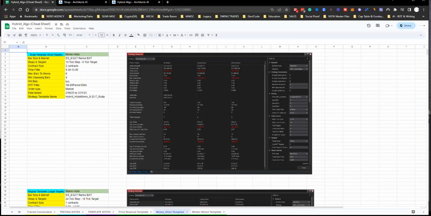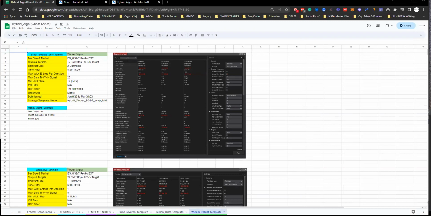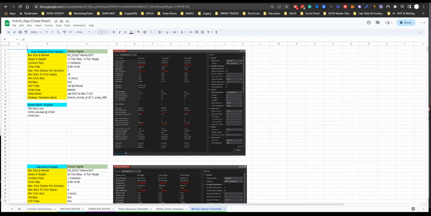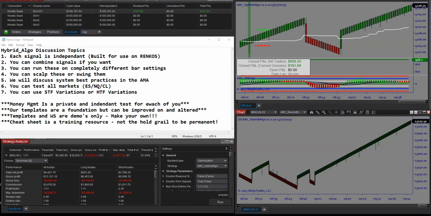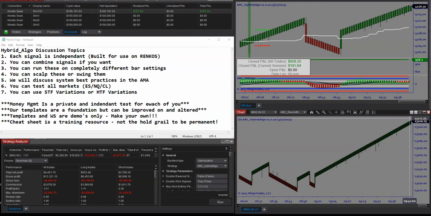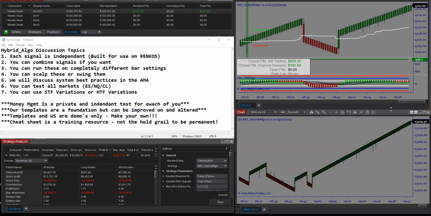Yes, we have a cheat sheet and there's a whole bunch of tabs down here with a bunch of different templates, but that doesn't mean you just need to focus on all of them right now. And please don't. This product is very comprehensive. It's not the VD algo. The VD algo is as simple as simple. It's just one little volume cluster in a bar. If it flips, it flips. This algo is,